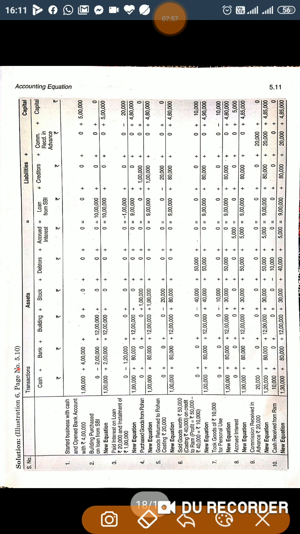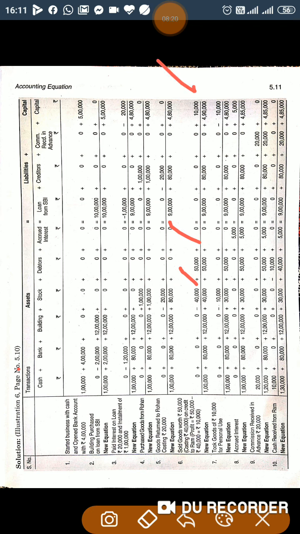Now the next transaction is sold goods worth rupees 50,000, costing rupees 40,000, on credit to Ram. So Ram is a debtor. In the debtor you will write down 50,000. Stock is decreased by cost, that is 40,000, and at the same time a profit of 10,000 will be